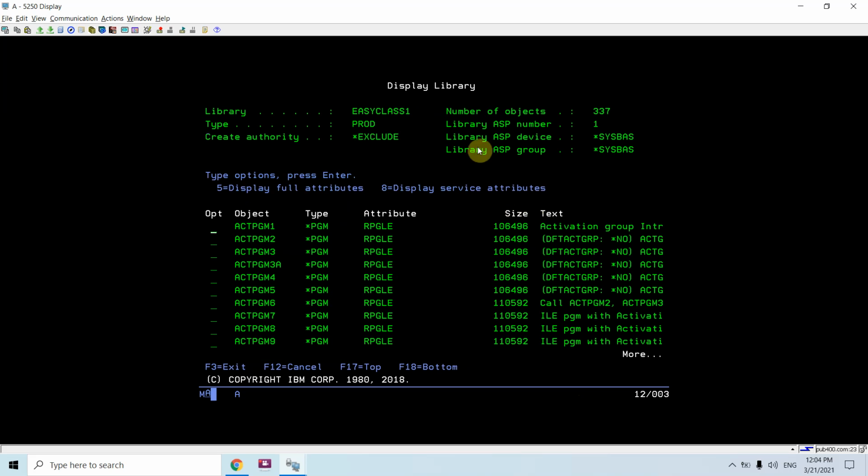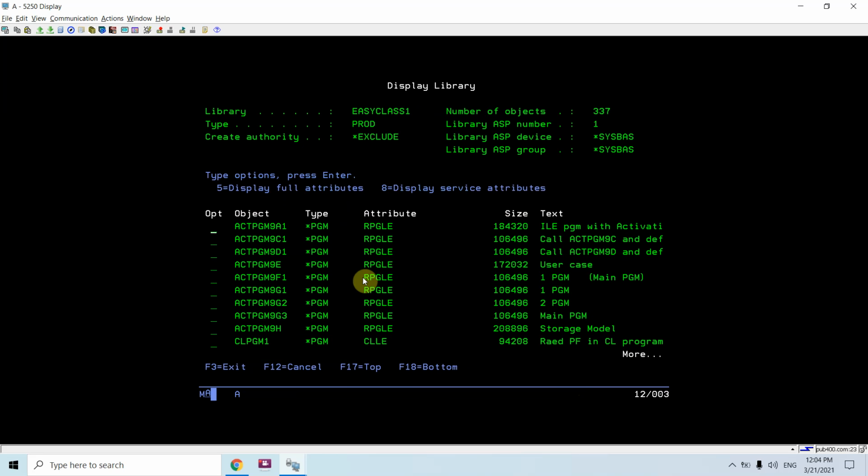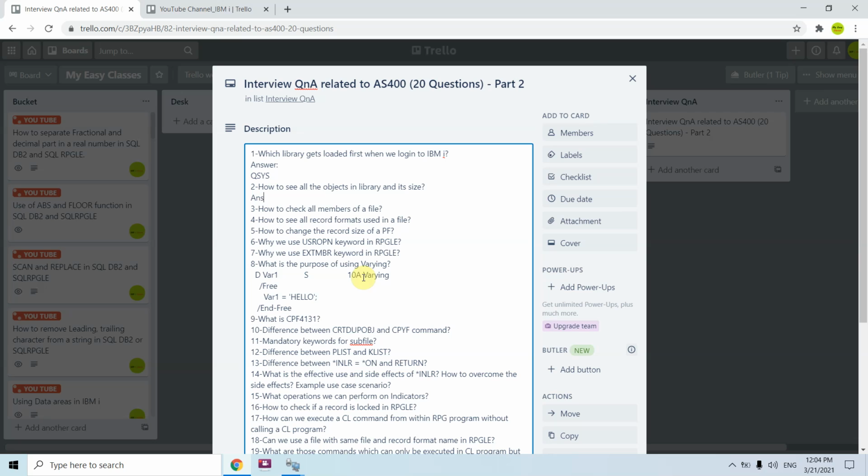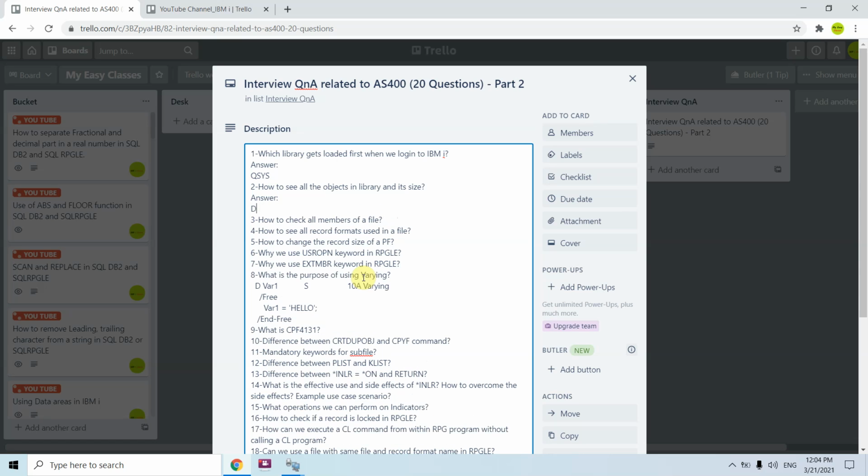Now you can have a look at this library where these are the programs having sizes as well. So the answer for this would be DSPLIB library name.